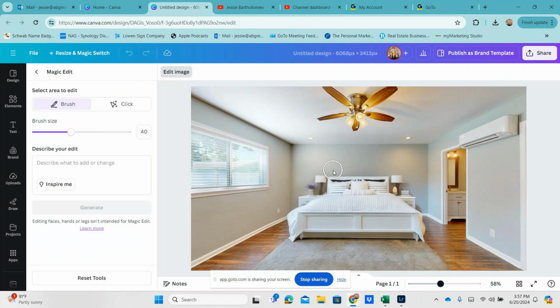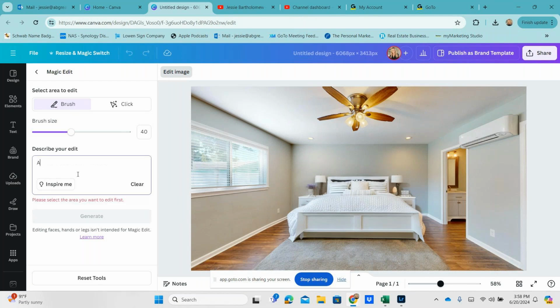The only thing so far that I've had real trouble with is if you have a photo that's from an angle in a corner so that the walls are not nice and flat like this one. The artificial intelligence will not really pick up on that angle. And so sometimes you might have what looks like a flat painting on an angled wall, if that makes sense. So this particular tool works well if you have a shot from just the middle of one wall to the other. So let's go ahead and try to add